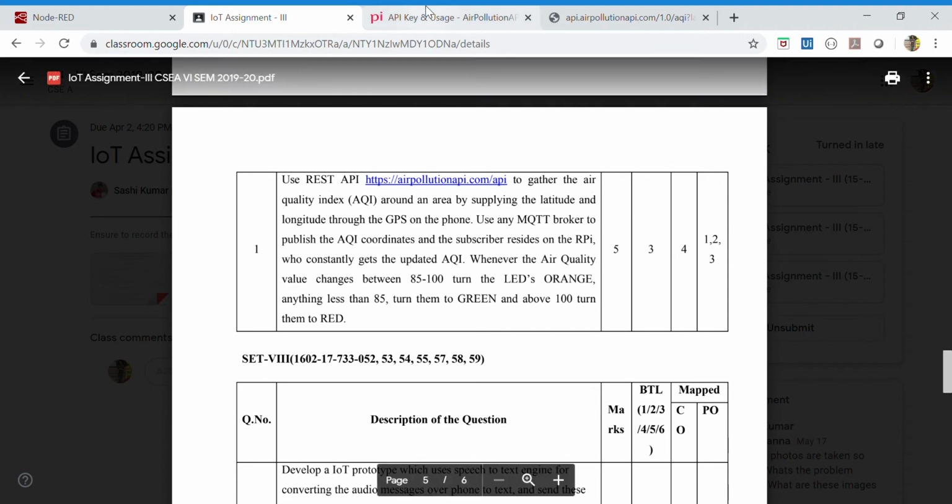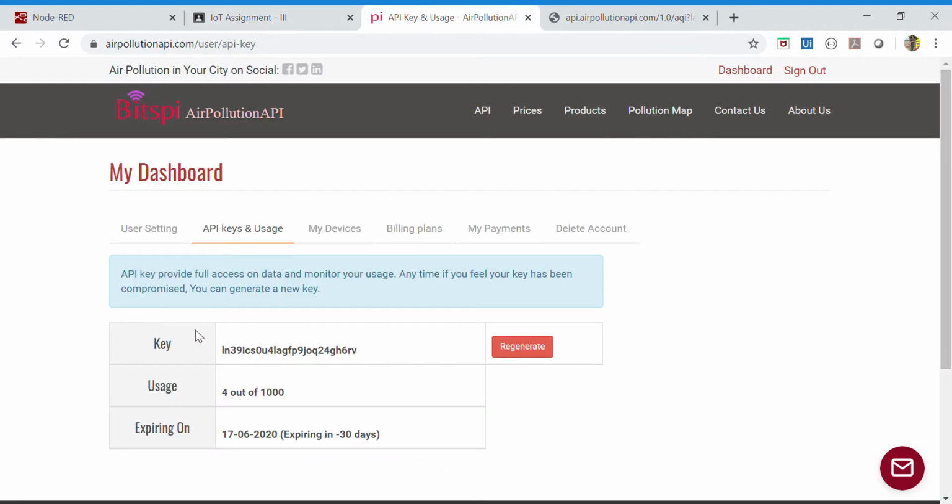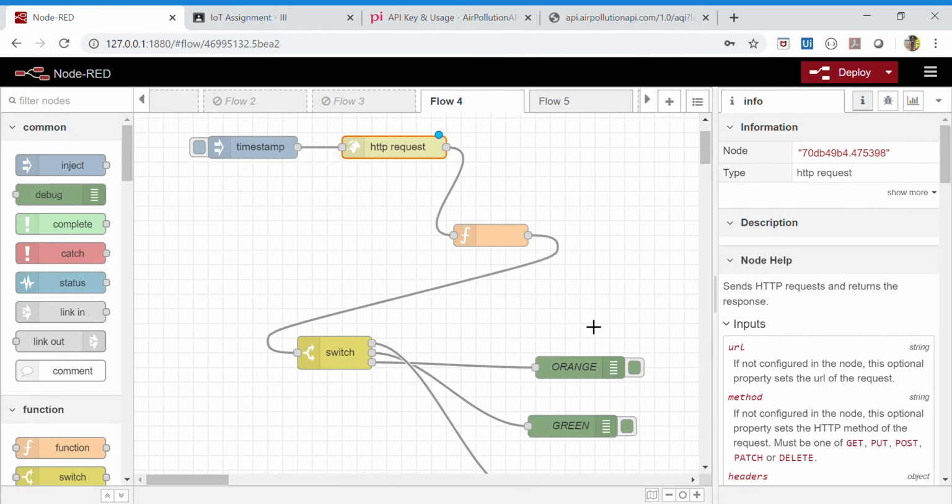So this is the API, and this is the unique key provided by the BitSpy to every user. Basically, I am only simulating it using debug nodes as I lack LEDs.